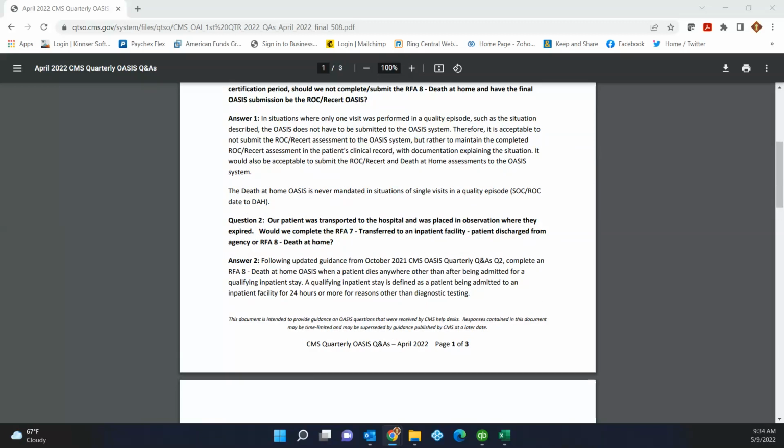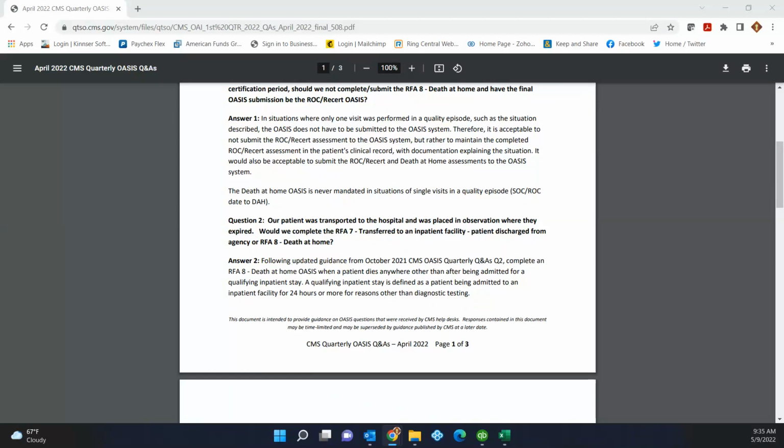Because if I put transfer to an inpatient facility and they pass away there, okay, but am I still held to having to transmit the medication-related information to the next setting? Am I really going to have to send essentially med sheets to the hospital when the patient has passed? That was a very interesting Q&A update that said, effective immediately, which is usually not the case,